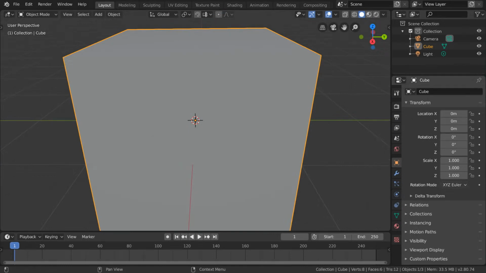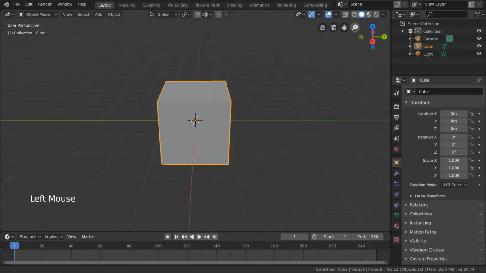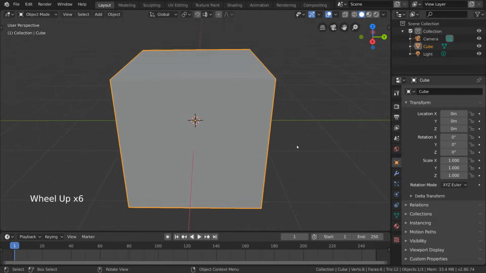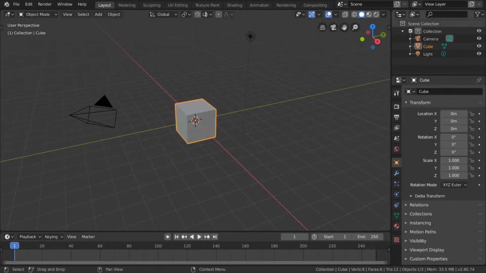Now that we're this close to our cube, you may be asking, how do we zoom in and out? But it's pretty self-explanatory. We have a magnifying glass here. Click and drag it to zoom in and out, or you can use the scroll wheel or plus and minus keys on the numpad to accomplish the same task. And that's basically it for the basics of navigation, but you may have noticed that we haven't used the other